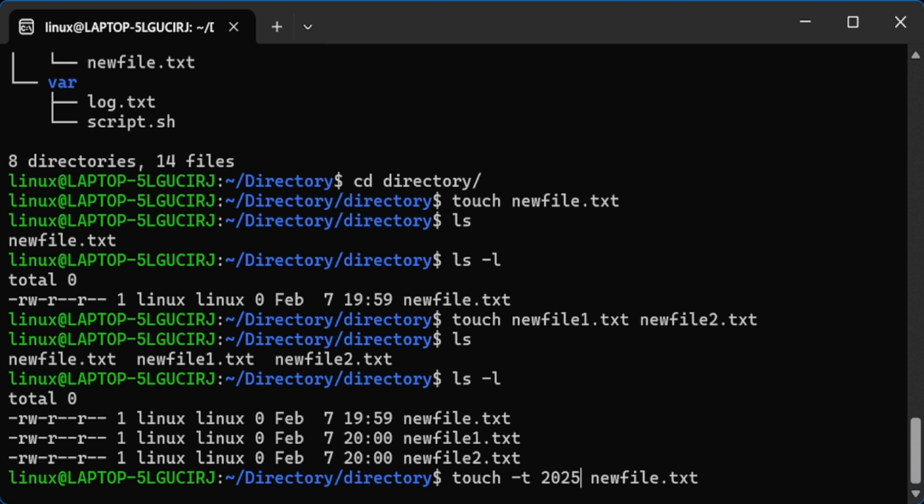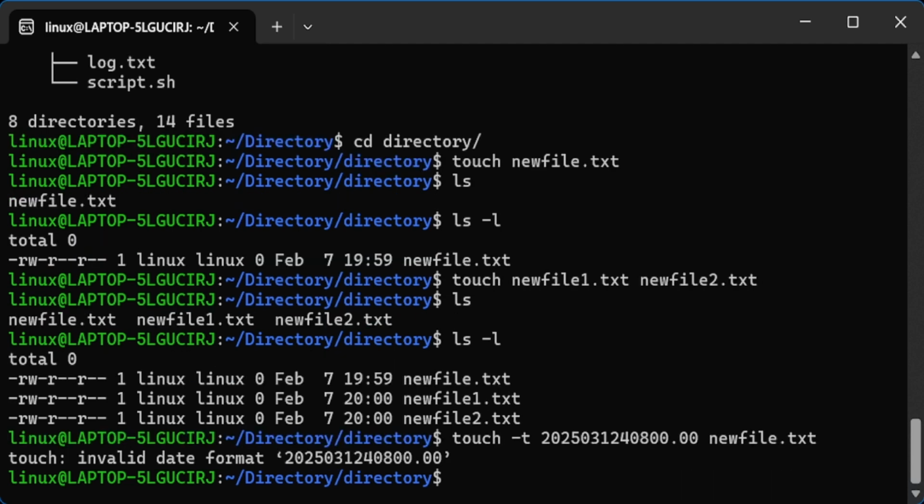This is the year, followed by the month, let's say somewhere in March, followed by the date, so for example let's say the 12th, followed by the hour, and the specific hour would be 0800, and the seconds are, I guess, 00. When you hit enter,